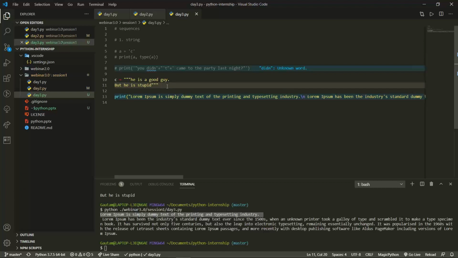Now, coming to another point, what is the benefit of using triple quotes other than the \n? I will give you a task of sending emails through your local server. When you send emails, you need to write in a formatted manner.